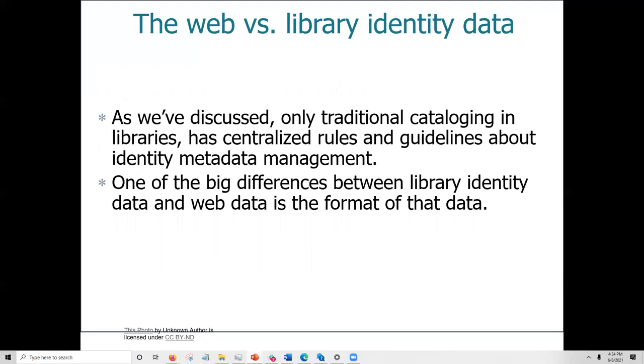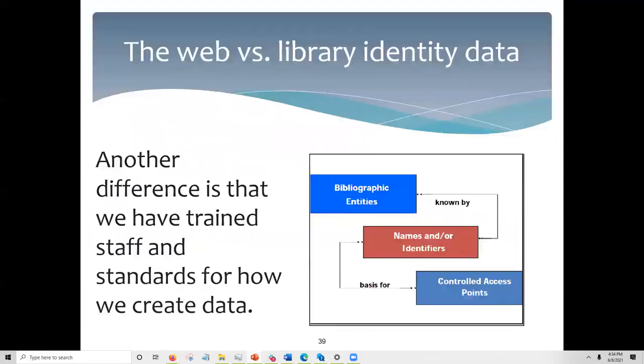So as we've discussed, traditional cataloging really has been the heart of where identity metadata management has happened. And we do have those national centralized rules and guidelines that tell us what to do. And that's probably one of the biggest differences between us and the web. The other part of it is that we do have training, as you're doing here, but if you are doing original cataloging, if you are participating in the identity management program, the authority program, that is the NAME program, then